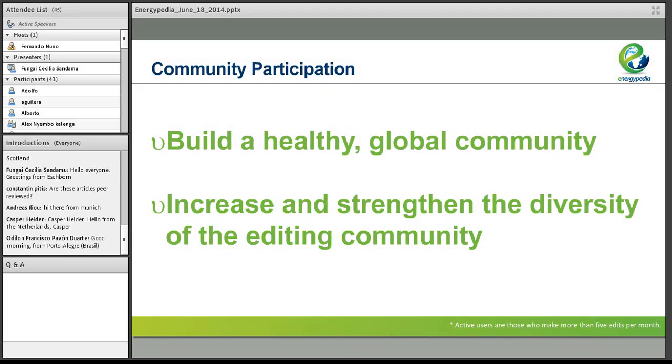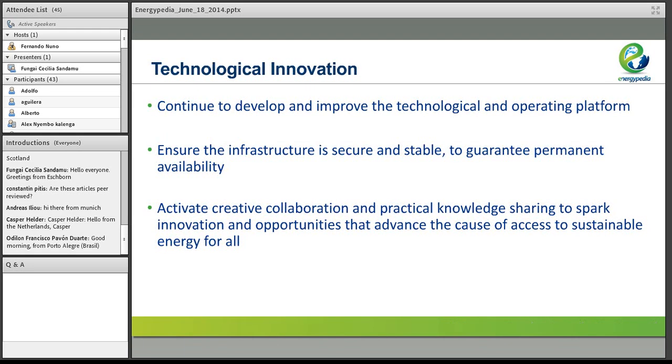Also, what we've seen is that large segments of the world's population do not actually edit the Energypedia articles proportionate to maybe their actual real-world population. The majority of our edits or contributions of information come from countries in the global north. So our target here is to build a healthy global community. We want to increase and strengthen the diversity of our editing community on Energypedia. Furthermore,